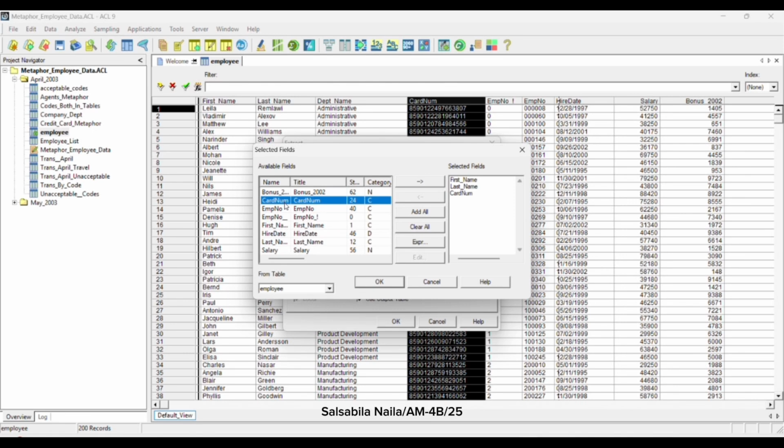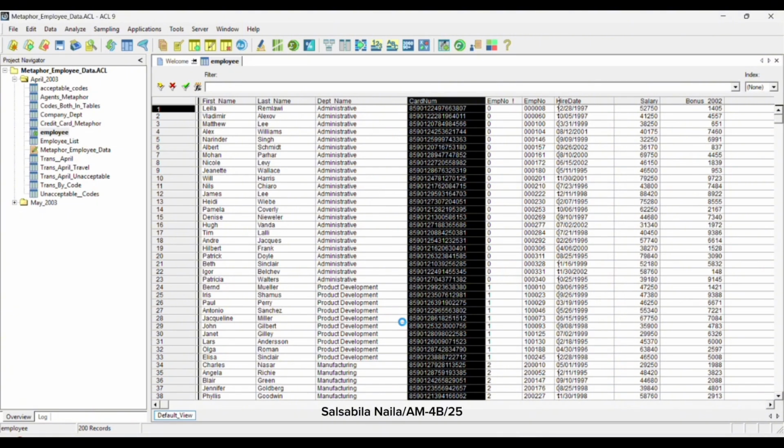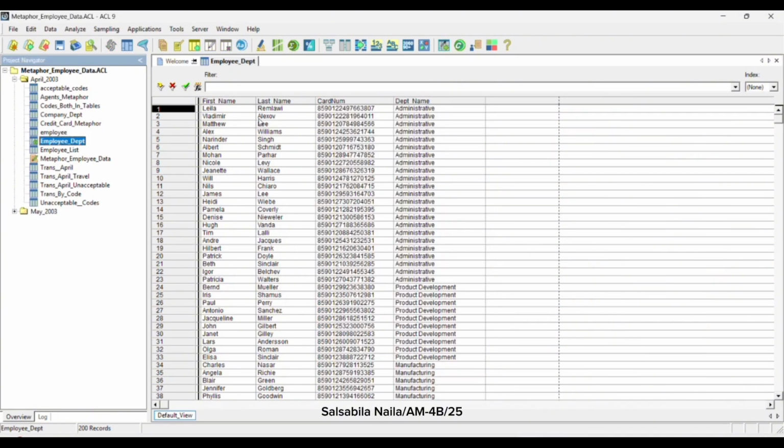In the From Table drop-down list, we select Company Dept and add Company_Dept.Dept_Name to the selected fields list, then click OK. In the To field, enter Employees_Dept and then click OK. Then the new Employees Dept table will open in the view.